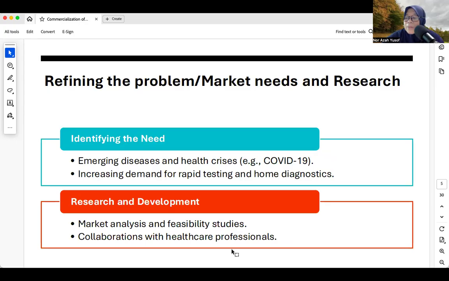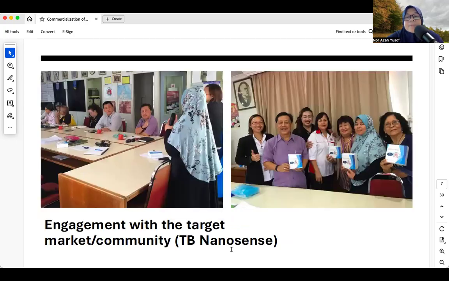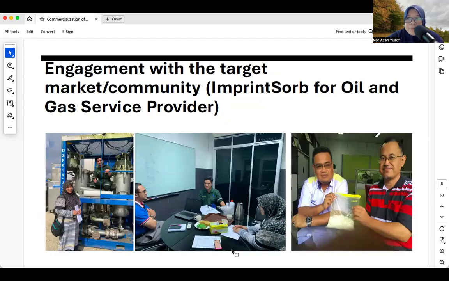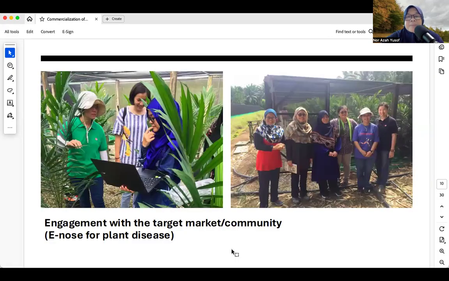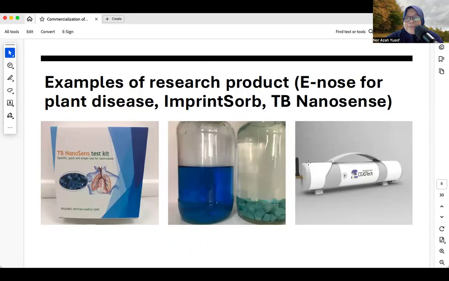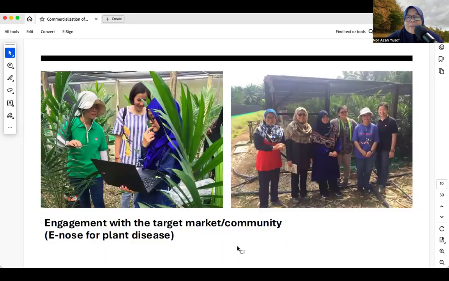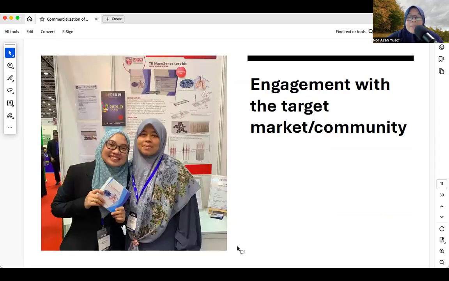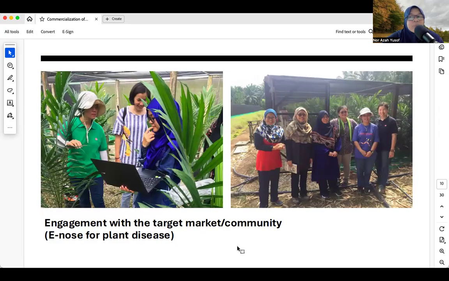All right, I think we are approaching the end. So engagement is very important. This is engagement for my e-notes just now. This is our e-notes that I have described in the slide. Then we introduced our e-notes to Sime Darby, and we also work with MPOB. So you cannot just do literature. If you're interested in certain